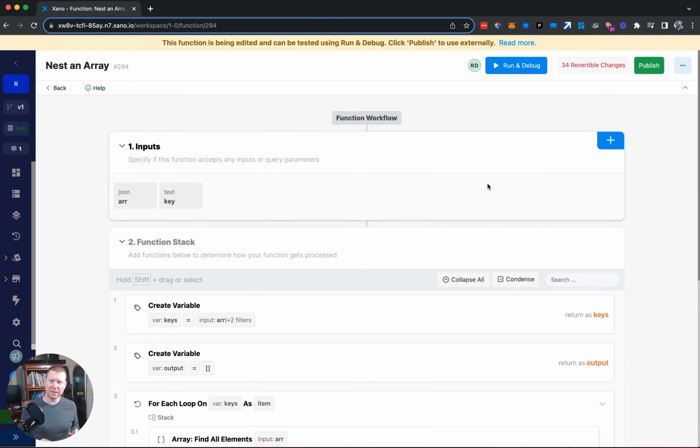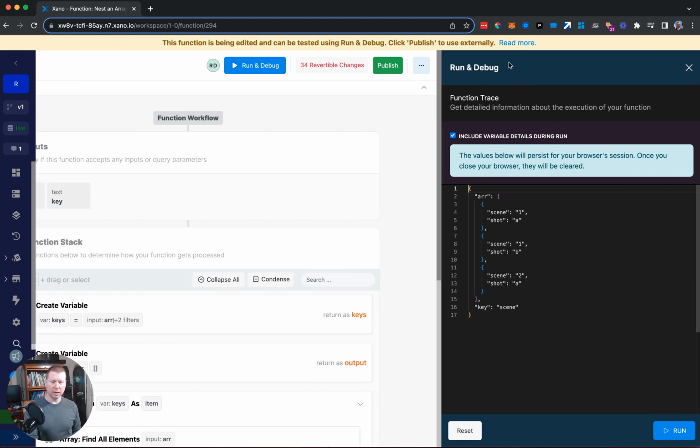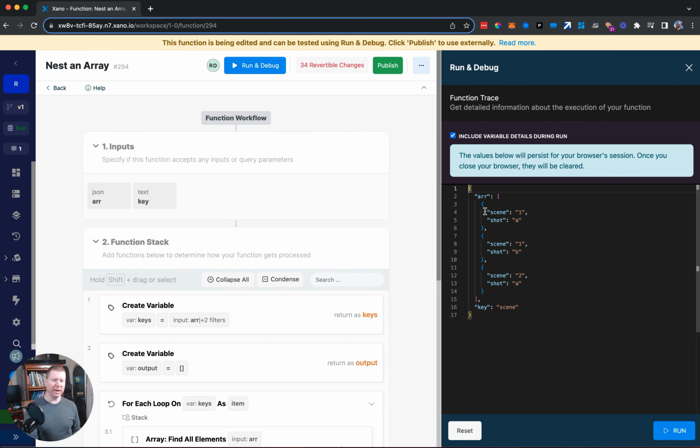Okay, so let's say you want to nest an array. Like you've got a big old array, like this one here, where we have a bunch of things at two different levels of capture, right? Like, I might have act and scene, like a film or play. So maybe I have two scenes in act one, and one scene in act two, and then I'm going to have another